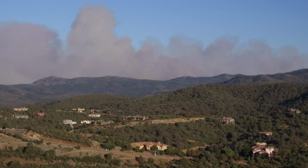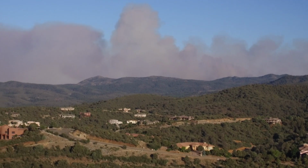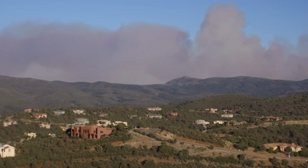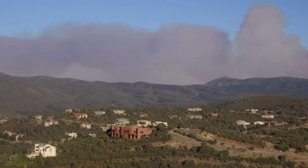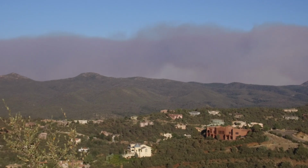I'm sitting right here at the very top of P Mountain, Badger Mountain, and as you can see behind me, you can see all the smoke right here from the Goodwin fire. So there's another range of mountains between us and Prescott, so this fire is no imminent danger for us really at this stage, but this may change over time. We never know. And what's very interesting up here, I'm going to show you in a second, is